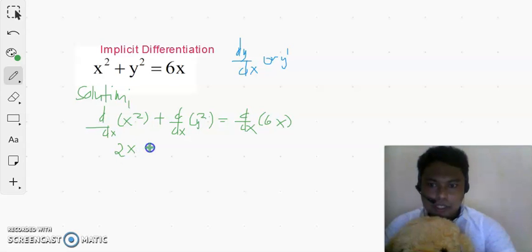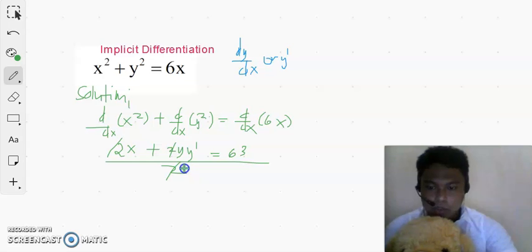2x plus, if we differentiate y squared with respect to x, this will be 2y times y prime, or dy over dx, is equal to 6. And then we divide both sides by 2. So divide all by 2, cancel. The remaining is 3. So we have